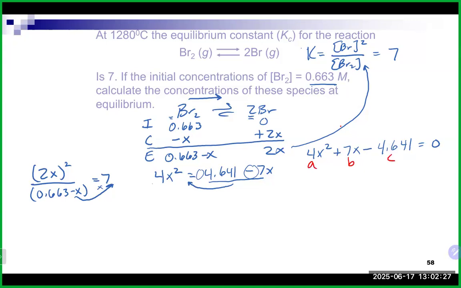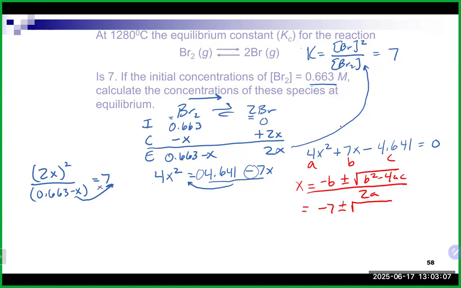And this is what's going to go into my quadratic formula: x is equal to minus b plus or minus the square root of b squared minus 4ac, all divided by 2a. So if we put these numbers in, we will get minus b, which is minus 7, plus or minus. If you do everything that's inside the square root, you take b and you square it. Then you subtract it from 4 times a, which is 4, times c, which is negative. You do need a negative there on c,